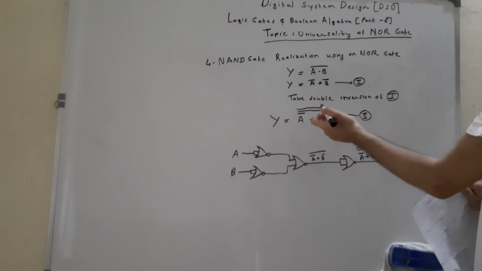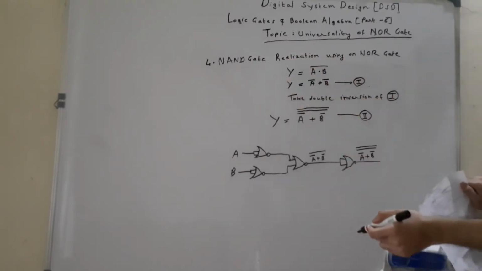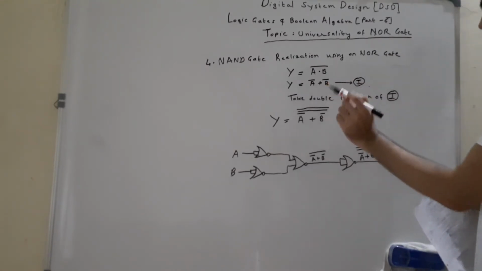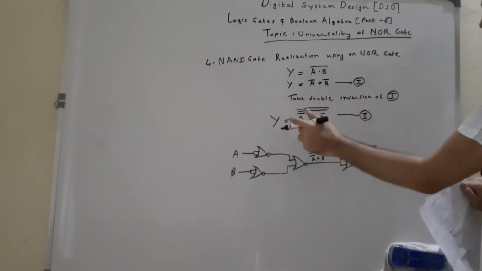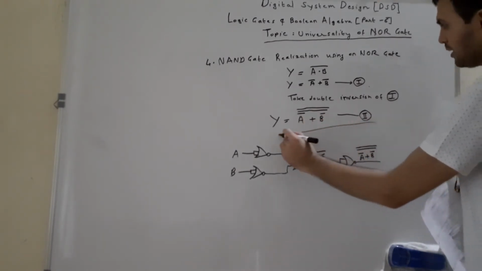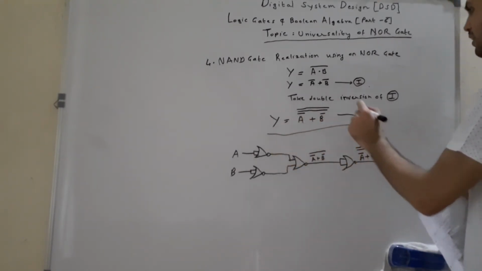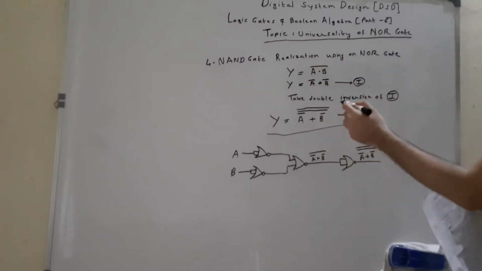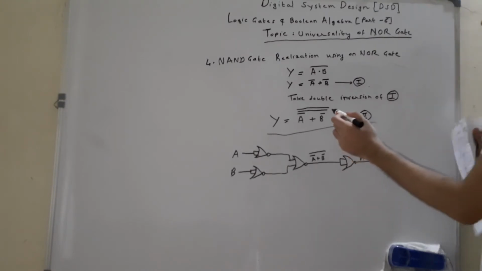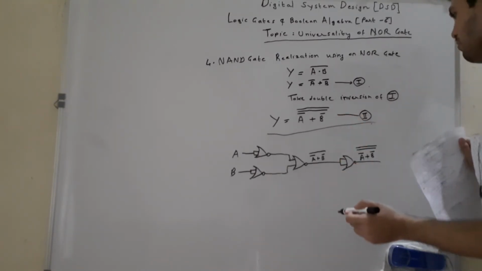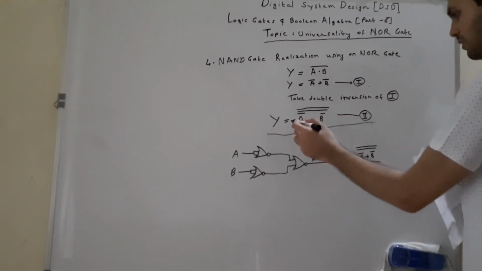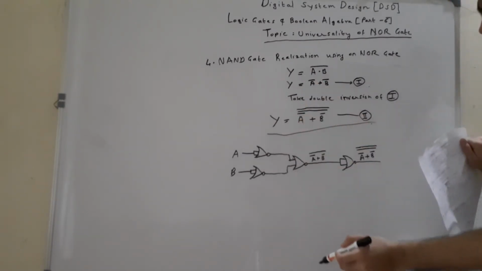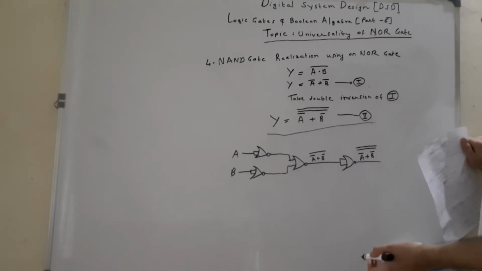And then we want to realize the NAND gate. So what we will do? We will have to take the double complement of this expression, so its meaning doesn't change. So essentially, this equation number 2 is nothing but the NOR gate representation of Y is equal to A dot B the whole bar. When we take the double inversion, or double complement, of equation 1, we get an equation which is Y is equal to A complement plus B complement, the whole double complement. Now how will you realize this NAND gate circuit using NOR gates?